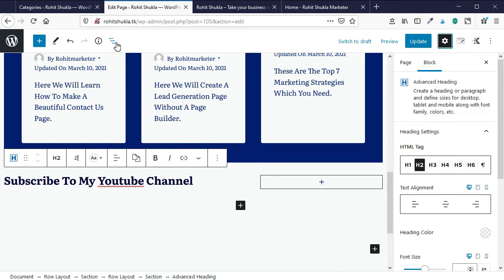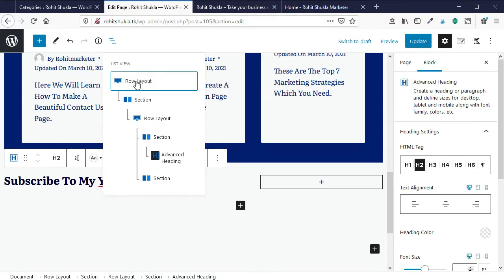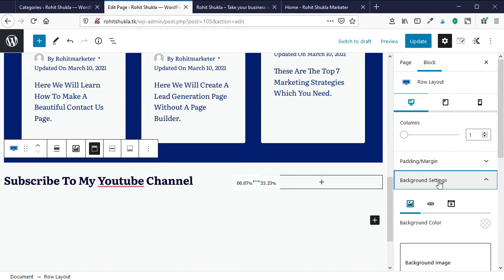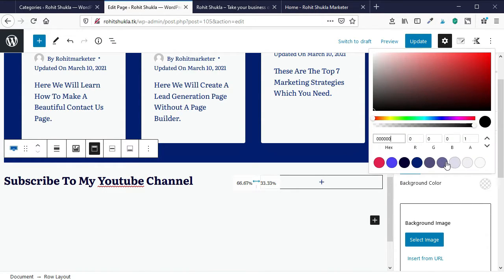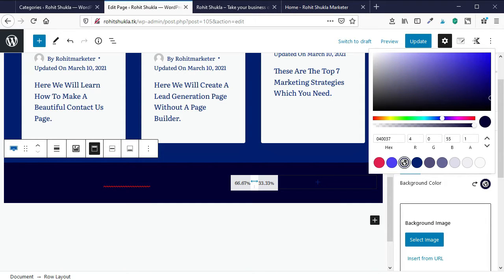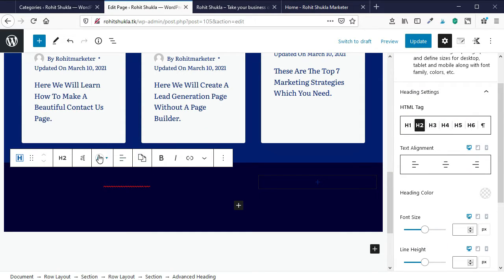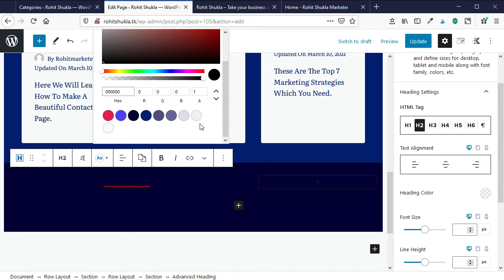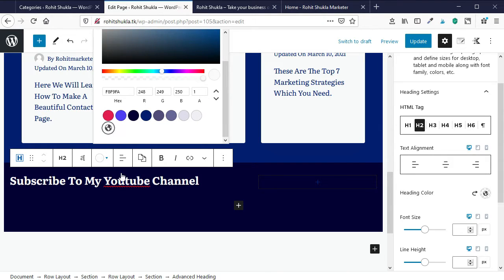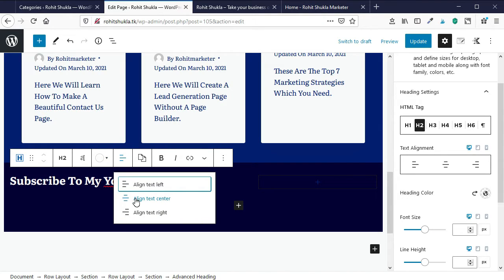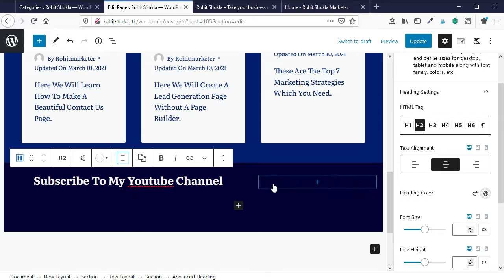So now I am changing the background of the block, the font color of the text, and aligning it to center.